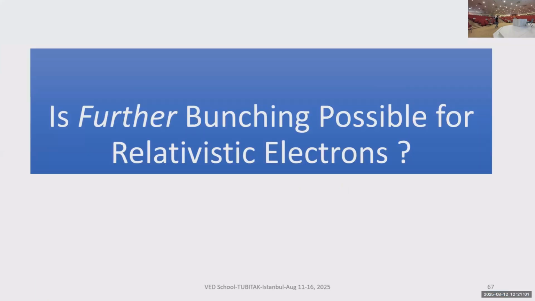Okay, there's another question. So far, we were dealing with non-relativistic particles. What if the particles have already gone relativistic? Can you think of a way of how it is possible to further bunch them? Because,